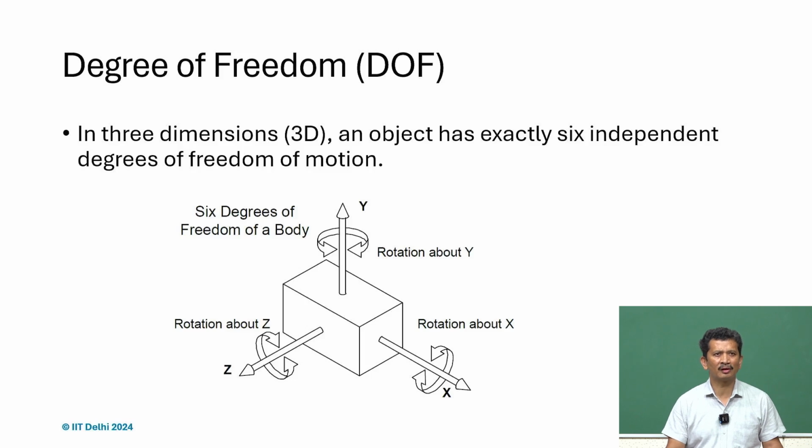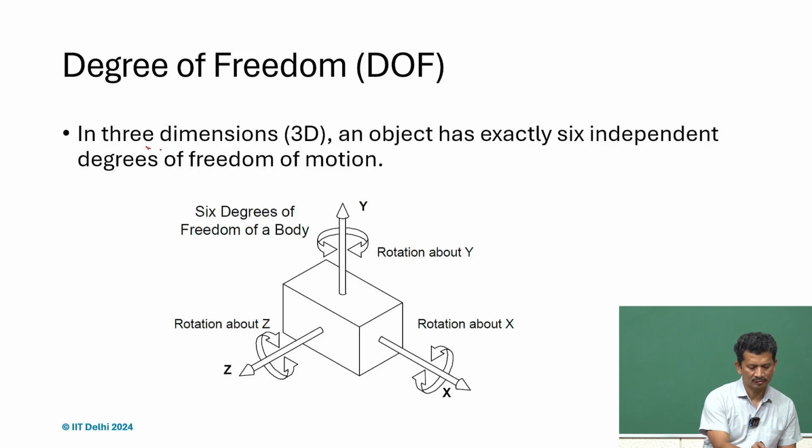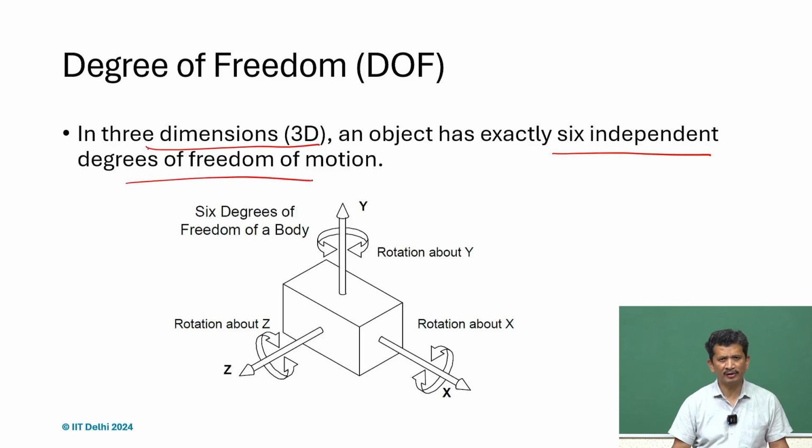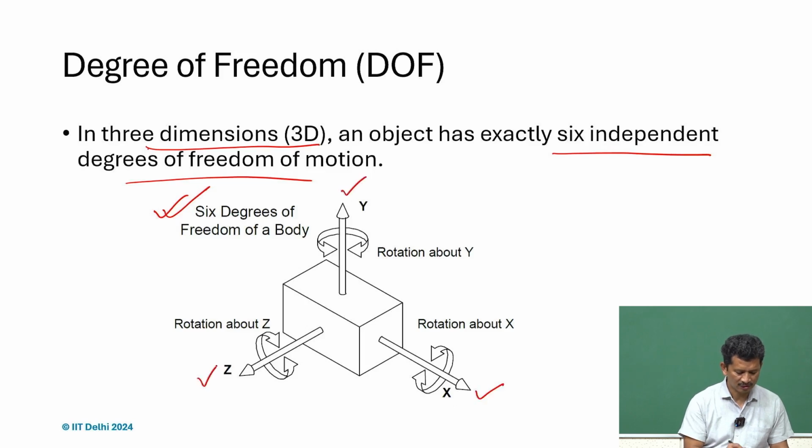So, as we discussed earlier, in 3 dimensions any object has 6 independent degrees of freedom. I think it should be very clear by now. If you talk about any rigid body, a rigid object in 3 dimensional space, the degrees of freedom are 3 translations along x, y and z, and the 3 rotations along the x axis,